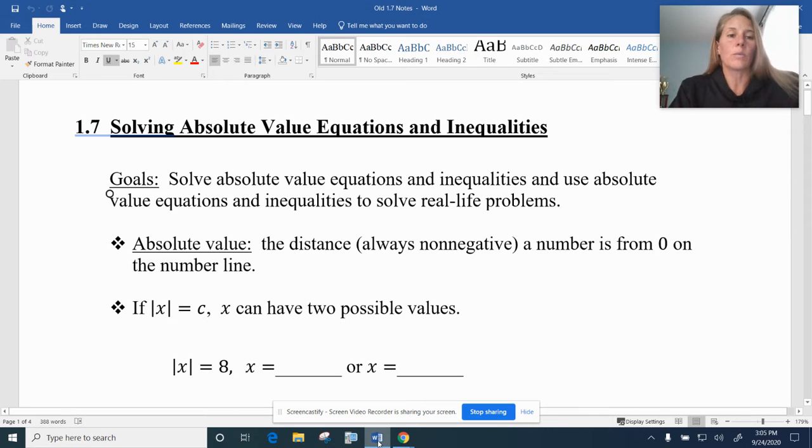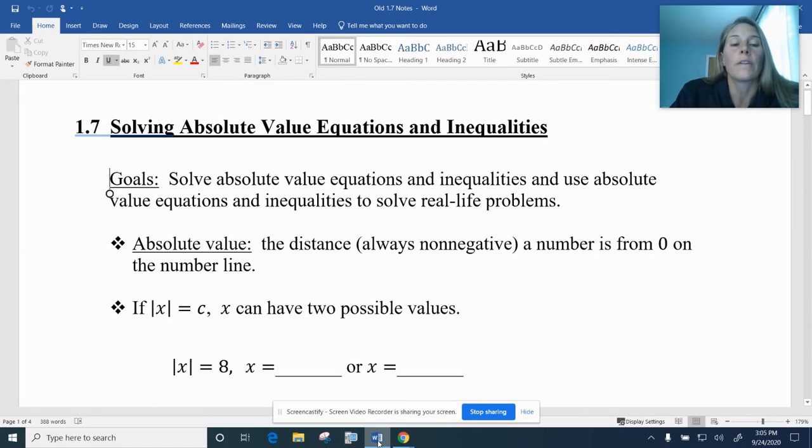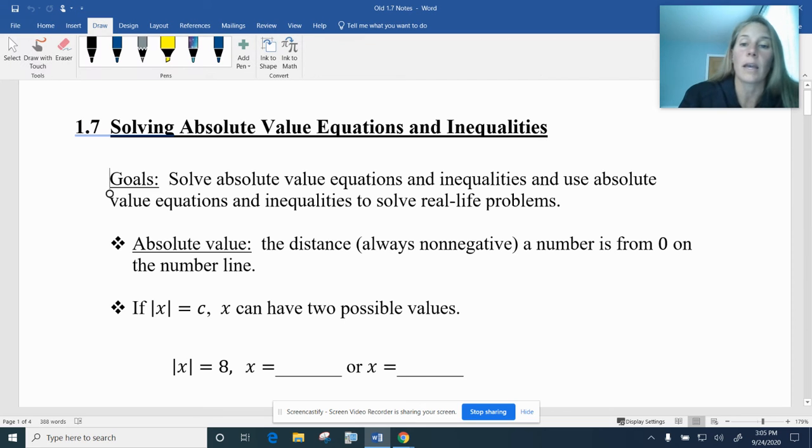Okay, so today's lesson we were going over solving absolute value equations and inequalities. So our goal for this was to solve the absolute value equations and inequalities and use them to solve some real life problems. Okay, so absolute value, as we mentioned previously, is the distance from zero. So it's always a non-negative number. So a lot of people say absolute value is always positive, and that's because distance